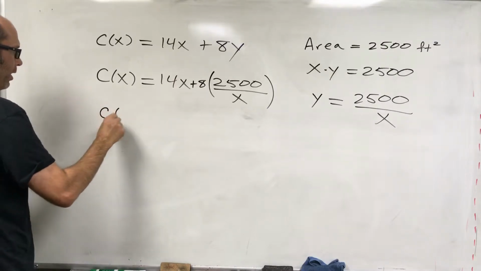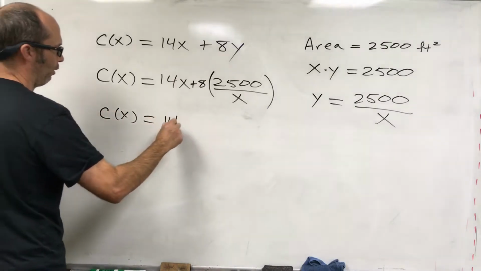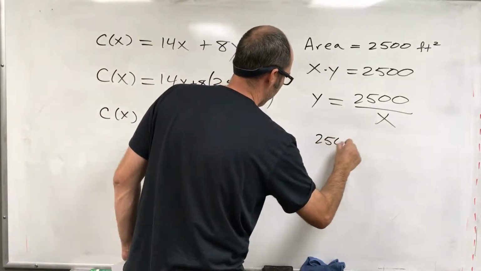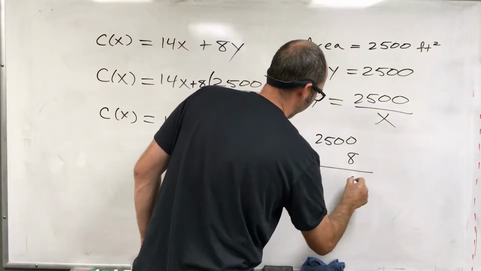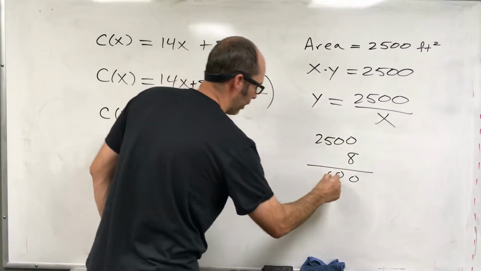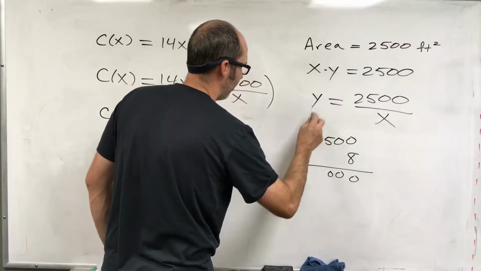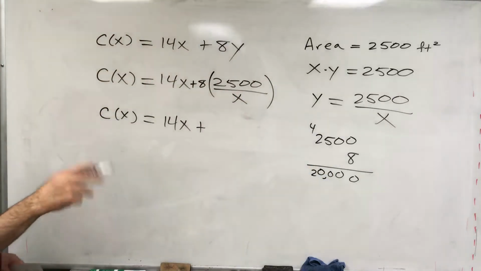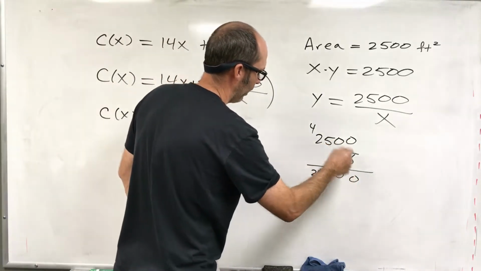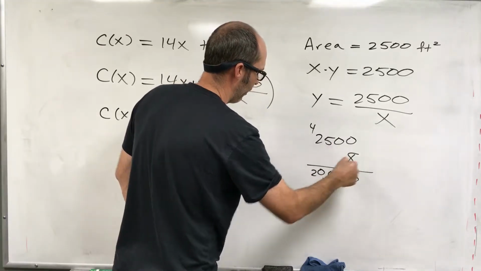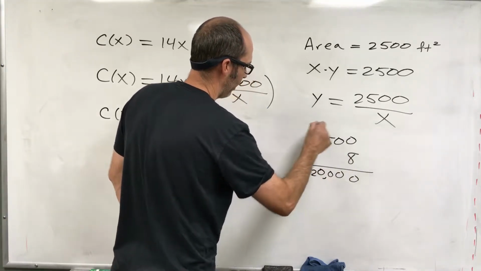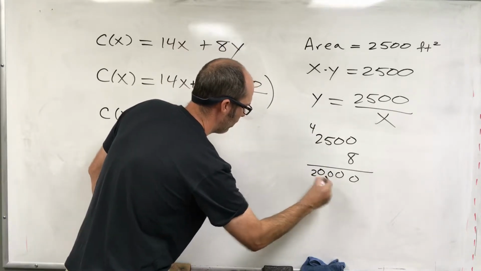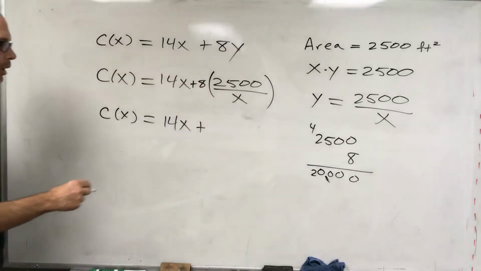Let's say C in terms of x is 14x plus, let's see, what's 2,500 times 8? So you got 0, 0, 5 times 8 is 40, 8 times 2 is 16, 17, 18, 19, 20. So 20,000. Let me check my work. I've got 8 times 0, 8 times 0. 5 times 8 is 40. 16, 17, 18, 20, okay, 20,000. Okay, so 14x plus